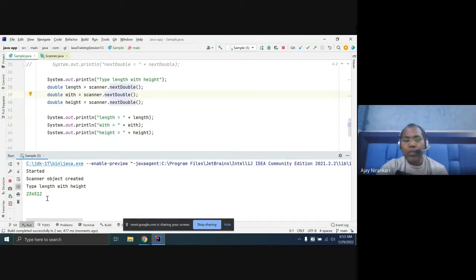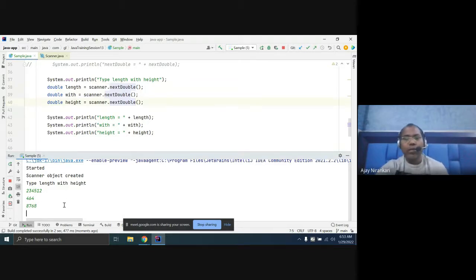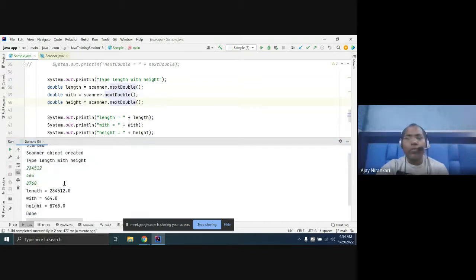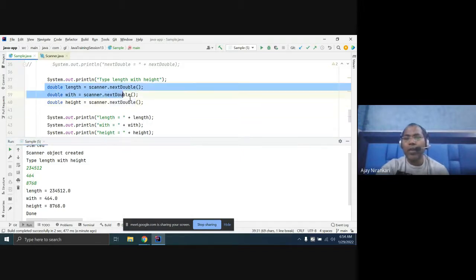So this is some confusion. Again you think we have to type something more. Let's type again and enter. Still nothing happens, because you have written three next calls. You need to type more. Again enter, then you get the output. So sometimes you have to guess with your code, so your message should be clear. You want the user to type one input, two input, three inputs. You have written three lines of code, so you have to wait for three enters. After three enters, you get the result. So this is some confusion.